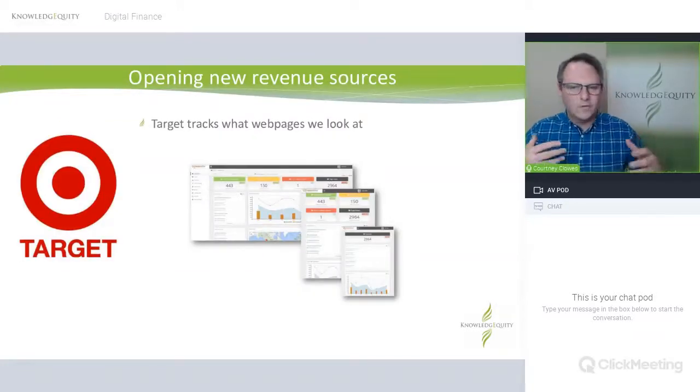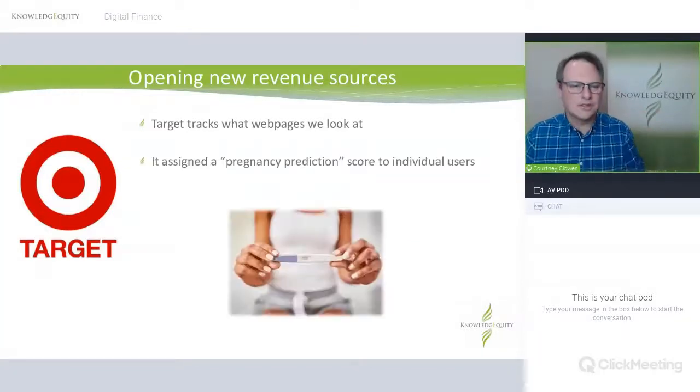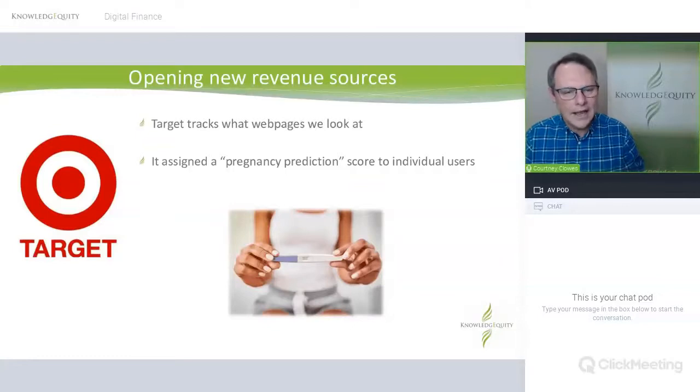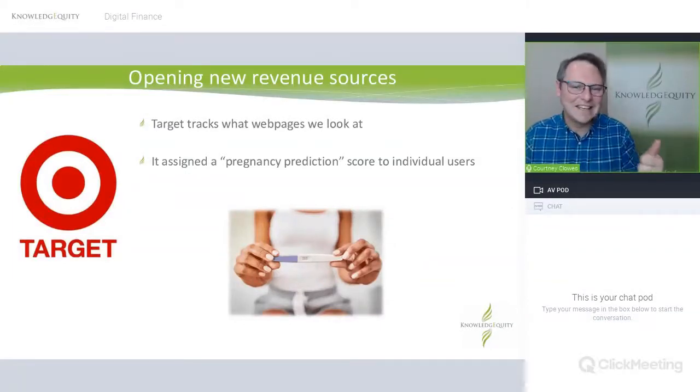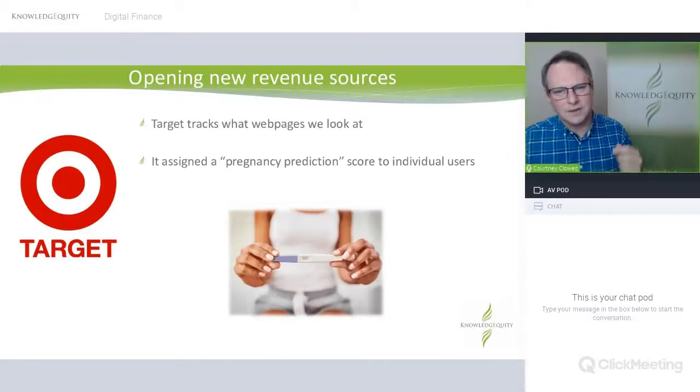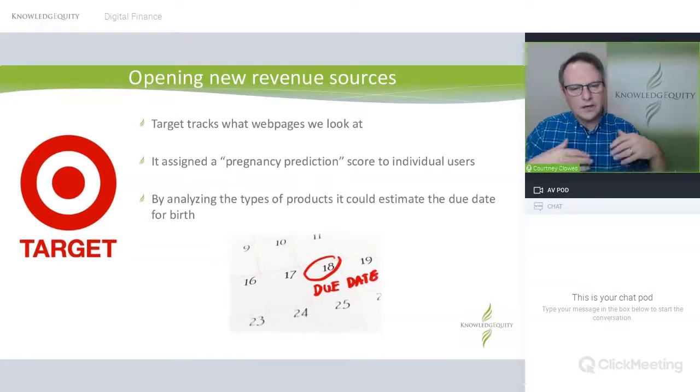A good example of growing revenue sources: Target. They track what web pages you're at. They grab lots of data all about you. And every time you buy or scan and you pay with a store card, they know what's going on. So one area they're very good at, for example, is pregnancy prediction scores based on what you eat, the products you buy. And most obviously, when people want to get pregnant, for example, if they've been drinking a lot, they might stop drinking. So that's a key indicator. They might also start buying folate, because folate is very good for preventing certain issues during pregnancy. So you analyze the types of products they buy, and they can actually figure out your due date.